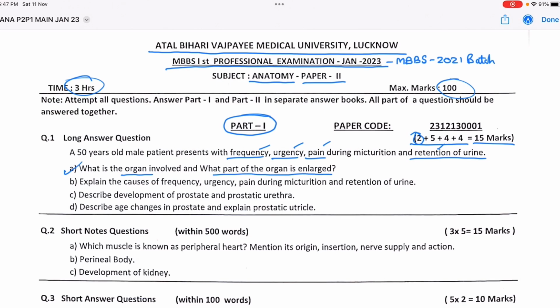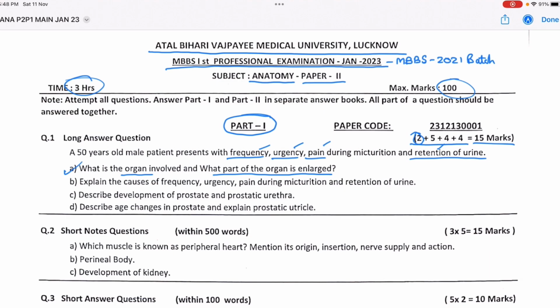Now here let me tell you there are actually 3 different types of classifications describing the parts of the prostate. One is according to its development, where there are 3 zones. The innermost zone, surrounding the prostatic urethra and encircling it, is called the transition zone or the periurethral zone. Then posteriorly, above the opening of the 2 ejaculatory ducts, that zone is called the central zone. And posteriorly the bigger part of the prostate lying below the opening of the ejaculatory ducts is the peripheral